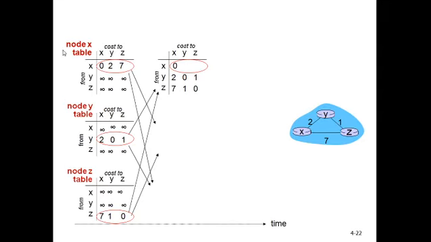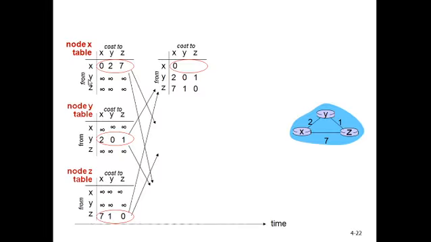This particular table is for node X, and the directly connected neighbors of X are Y and Z. X knows how to reach Y directly with cost 2, and X knows how to reach Z because it's directly connected with Z with cost 7. So in this simple table, X to X is 0, X to Y is 2, X to Z is 7,